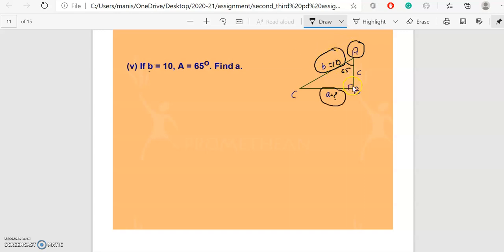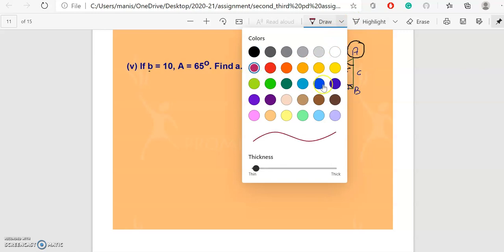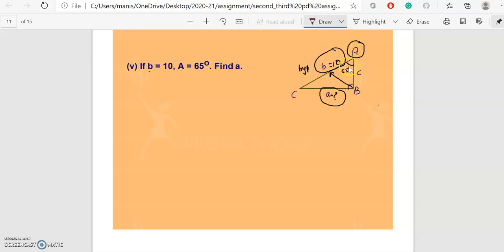Okay, label the triangle. This is your 90 degrees. So this is called the hypotenuse, because whenever you draw an arrow opposite to the 90 degrees, that is your hypotenuse. Now the next thing you need is the adjacent and opposite sides. So this is 65. If I draw an arrow like this over here, is this opposite? No, this is your adjacent. So what is left is opposite. Now you write the mnemonic.